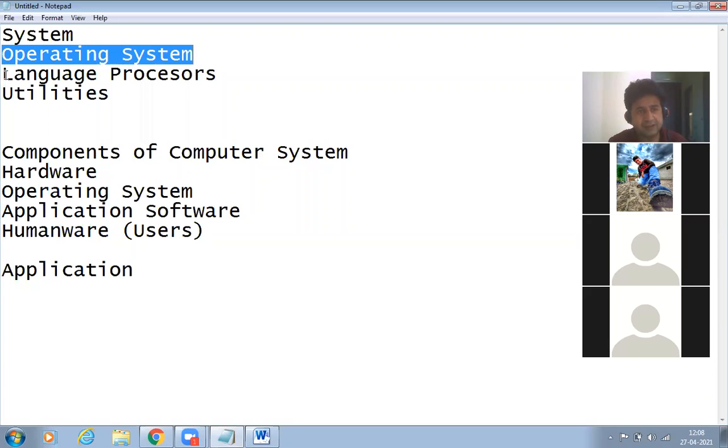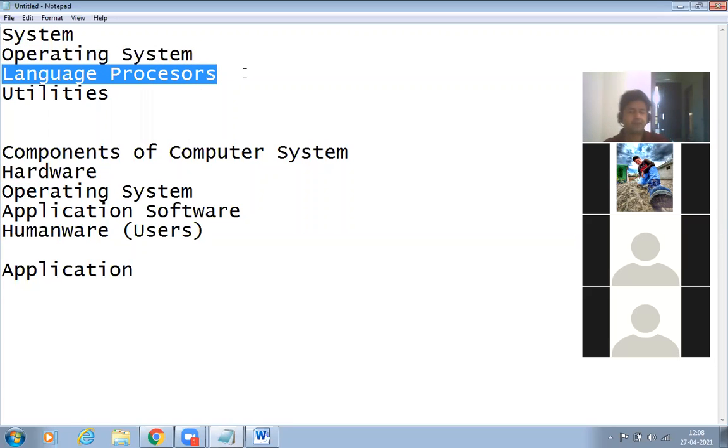Now we will discuss language processors. Okay, students, remember one thing. The computer is a machine, not just like a human being. So the language used by the computer system is not a human language, not an English-like language.